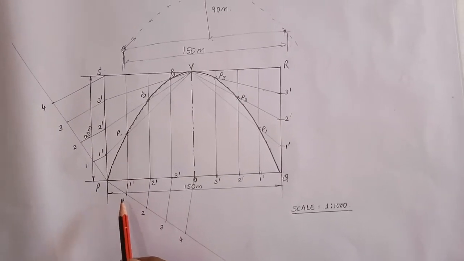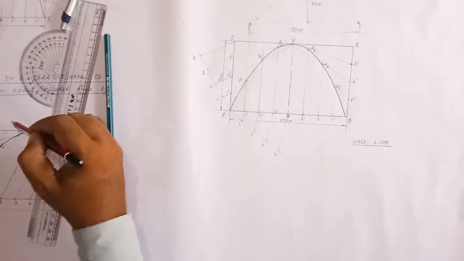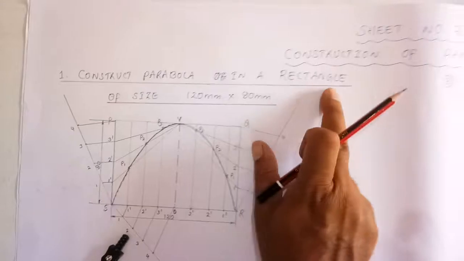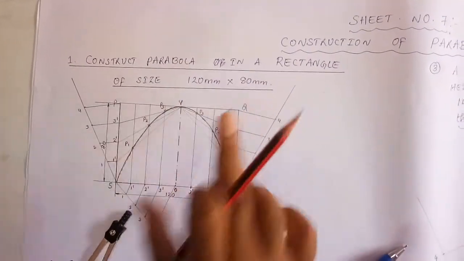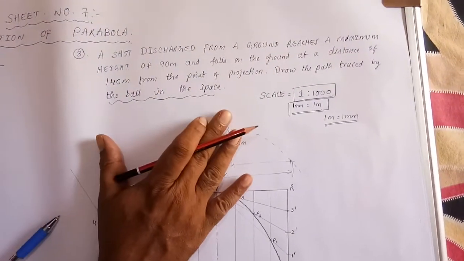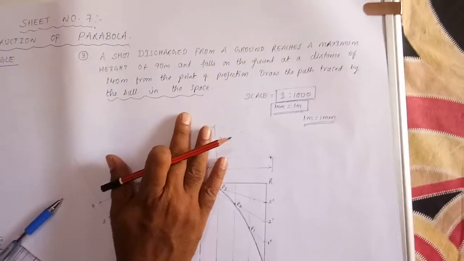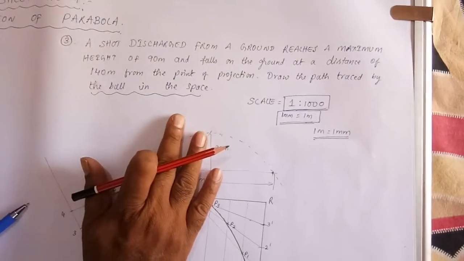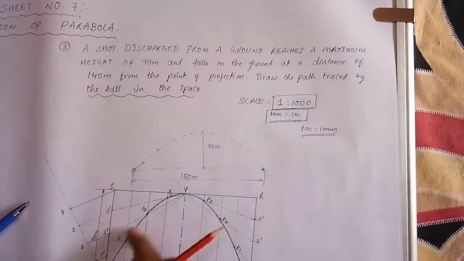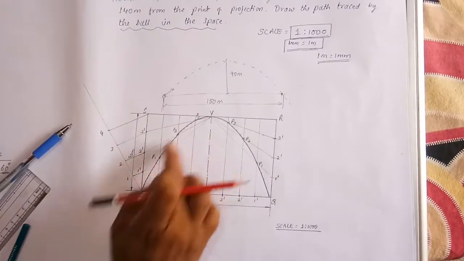So students, directly they won't give you problem like this, like previous problem. Okay, previous problem what they did? Inscribe parabola in a rectangle of size 120 into 80, direct problem. But here this problem, it is not a direct problem. They have not mentioned parabola also. Understood? They have not mentioned it anywhere. It is known to us that the path which is traced in the space is like a parabola. That's why we are drawing like a parabola.